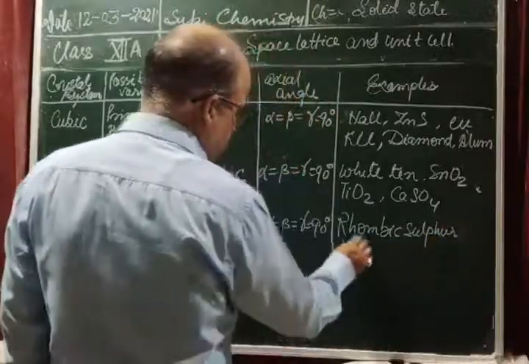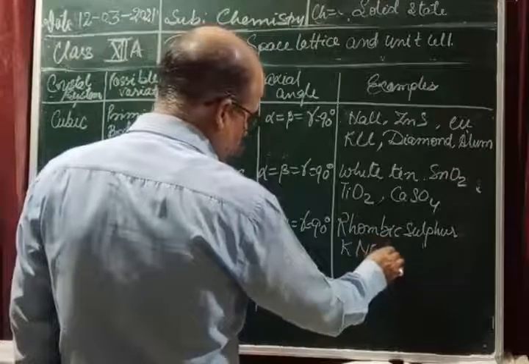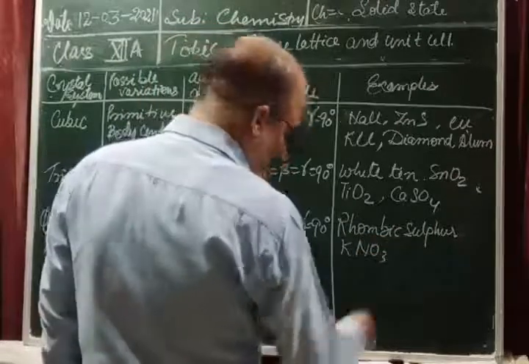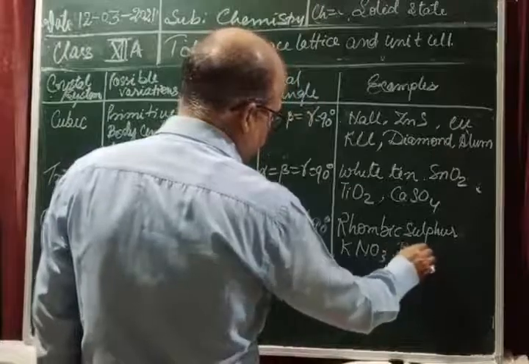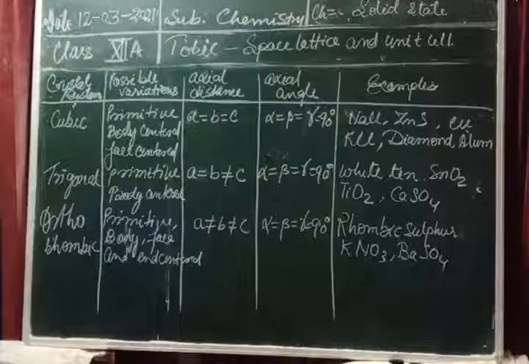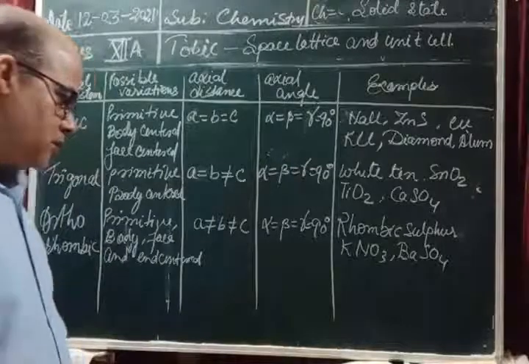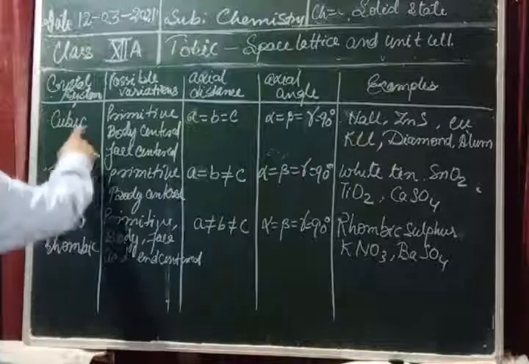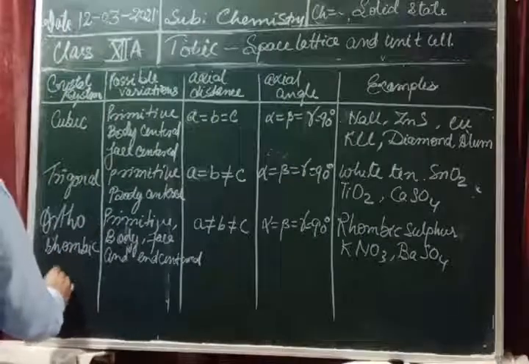potassium nitrate KNO3 and barium sulfate BaSO4. Okay, note down this. Now hexagonal, 1 2 3 4th is